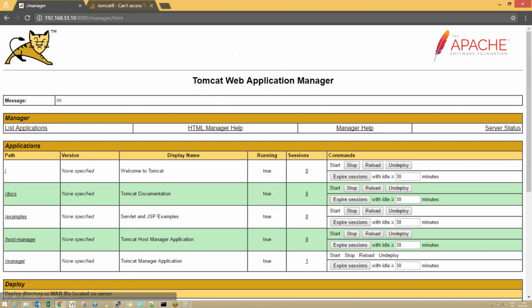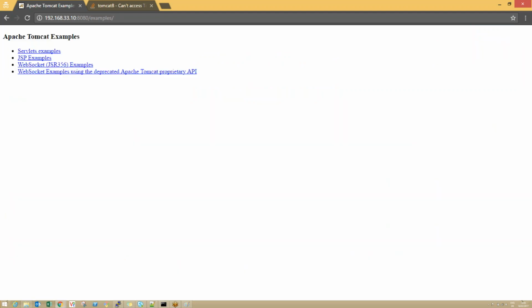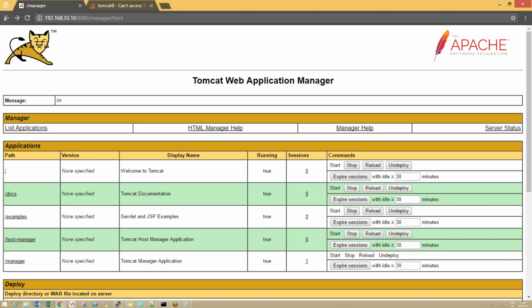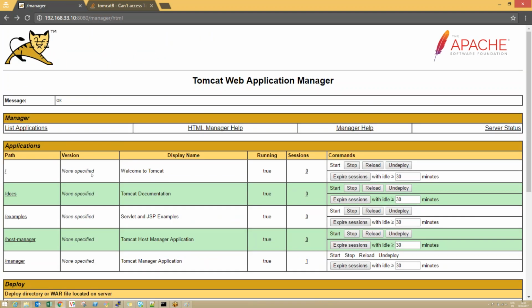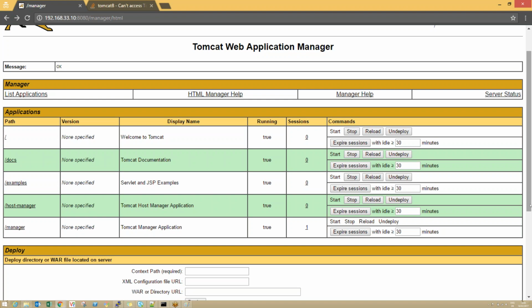If you click on that, it will take you to the same page, okay? If you click on examples, there is another application. This is giving some examples, that's example projects. And docs, documentation. So it is also another web application. Like this, these are the default applications coming with your Tomcat, okay? So apart from these default applications, if you want to deploy your custom application, what you can do